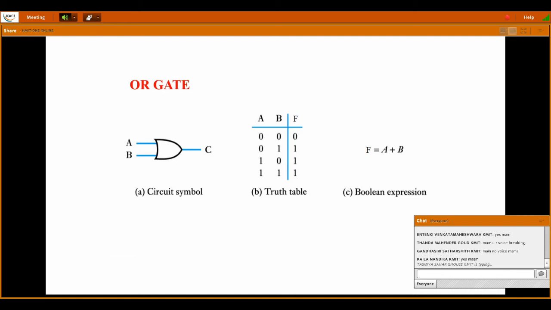Okay. So similarly, the OR gate. Here also we are taking two inputs. The OR gate is nothing but the addition operation. So your logic expression will be